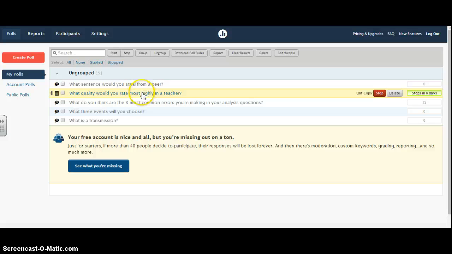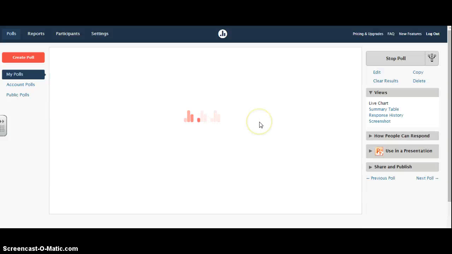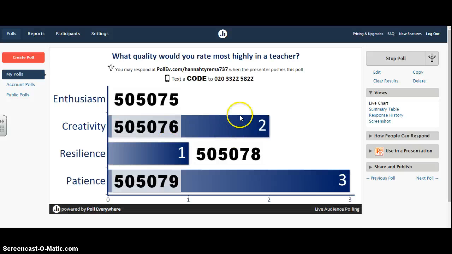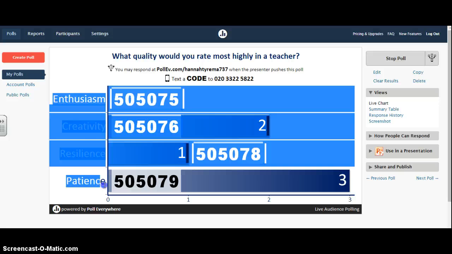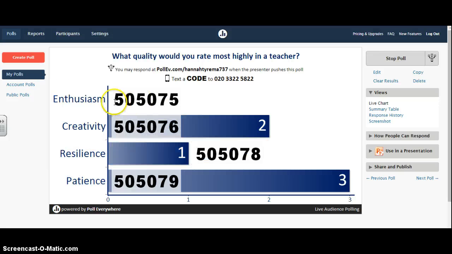Another one which I've used with teachers is what quality would you rate most highly in a teacher? This was just a fun one to show how Poll Everywhere works, and with this one you can see the different responses that have come through so far, and this is what it would look like if you set responses for students or others to choose from. Okay, they would then text in a number and it gives them an indication then of kind of what everyone's